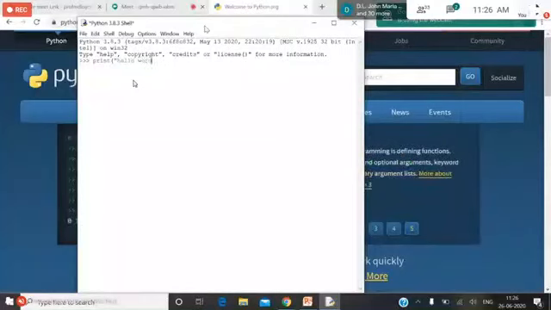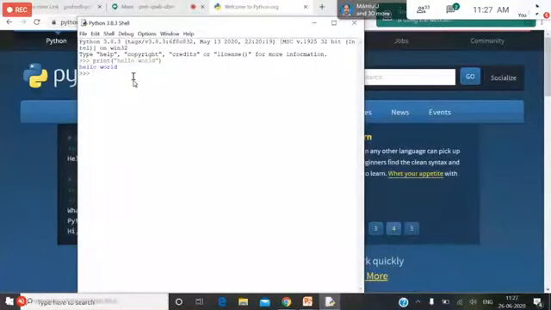You can see the difference. No need to write anything else. The only thing is print hello world. As I said earlier, this triple greater-than symbol is called the prompt, or we can call it the Python shell. Okay, so just press enter. That's it. This is how you have to write the code.